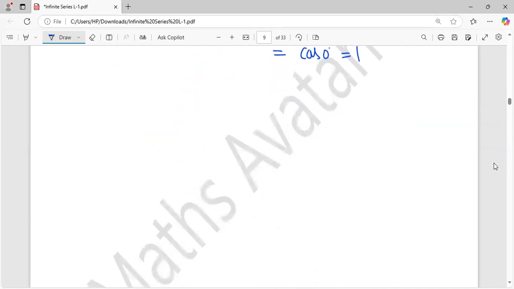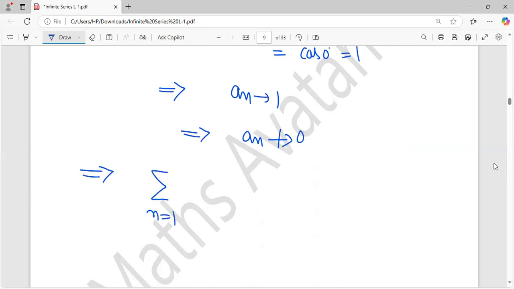So this implies an tends to 1. This implies an does not tend to 0. So this implies this series